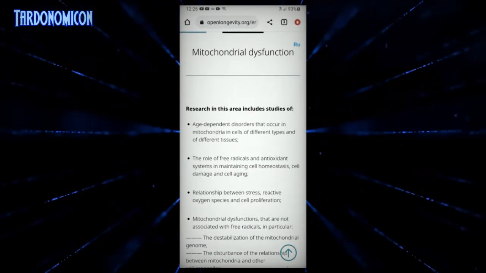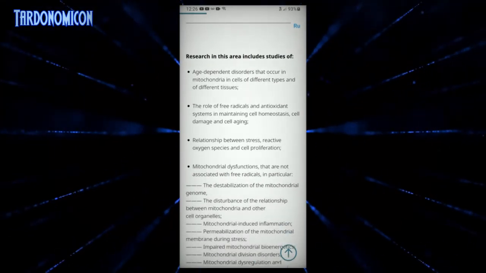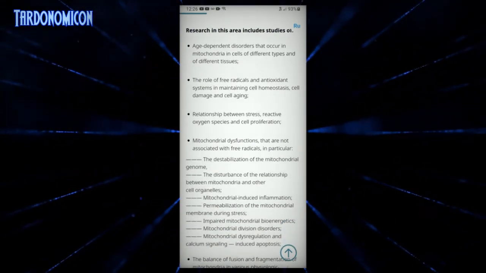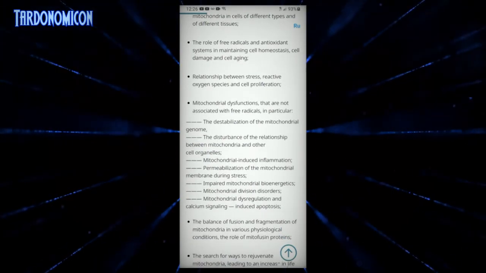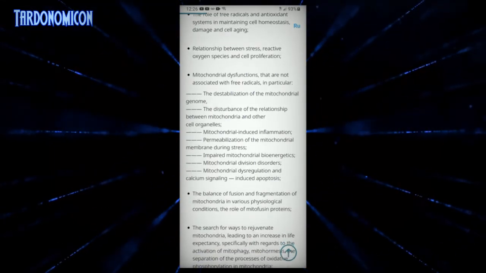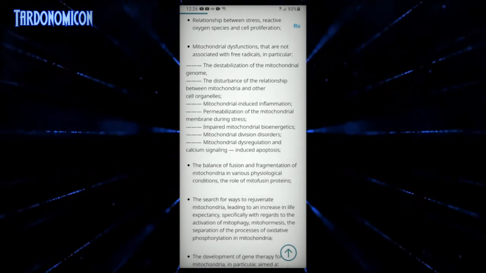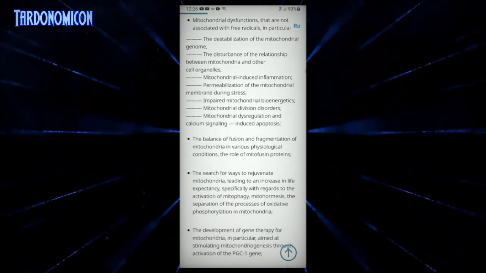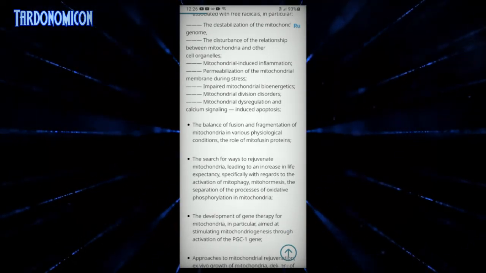So mitochondrial dysfunction, research in this area: age-dependent disorders that occur in mitochondria in the cells of different types of tissues. The role of free radicals and antioxidant systems in maintaining cell homeostasis, cell damage, and cell aging. Relationship between stress, reactive oxygen species, and cell proliferation. Mitochondrial dysfunctions that are not associated with free radicals in particular: the destabilization of the mitochondrial genome, the disturbance of the relationship between mitochondria and other cell organelles, mitochondrial-induced inflammation,